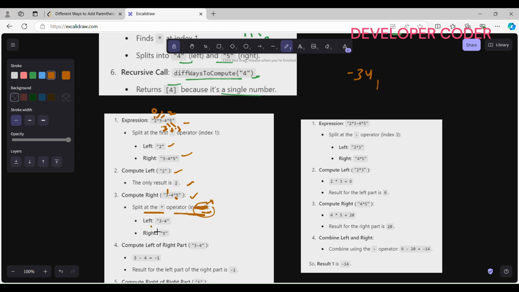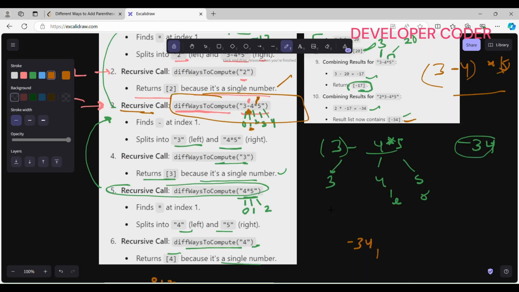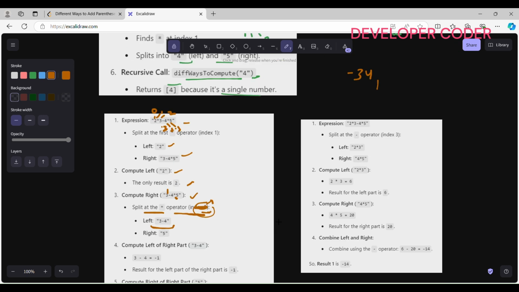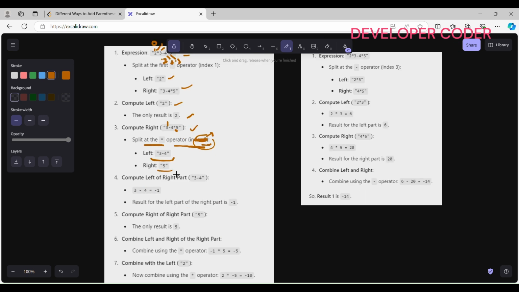Just understand that we are going to split based on this star now. In the left side I am using 3 minus 4, as I have explained. Take this as left and this as right. Now we have to compute the left of the right part first. Here 3 minus 4 is going to give me minus 1, so from here I am going to return minus 1, and the right part we have 5, so we will